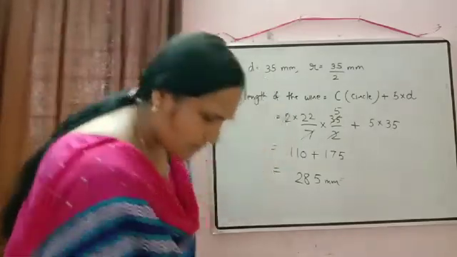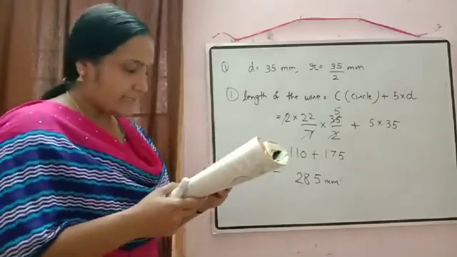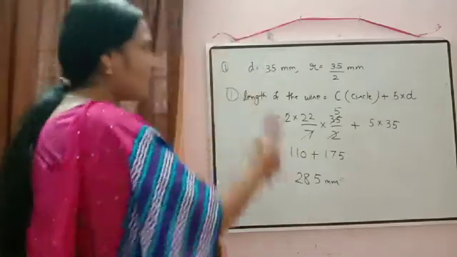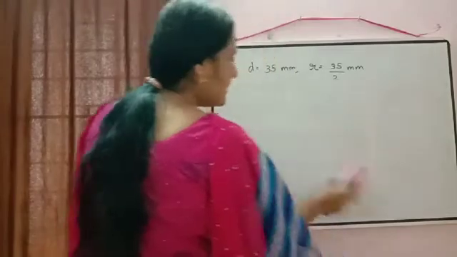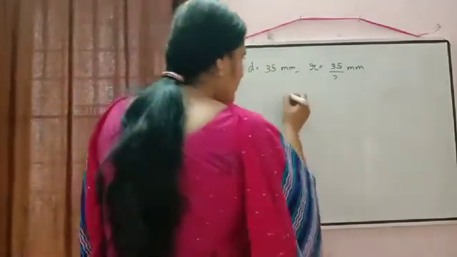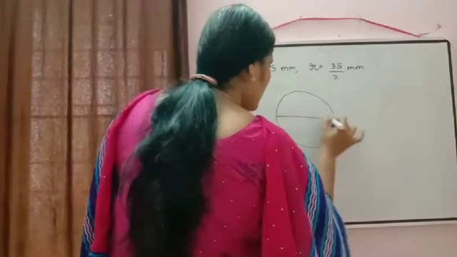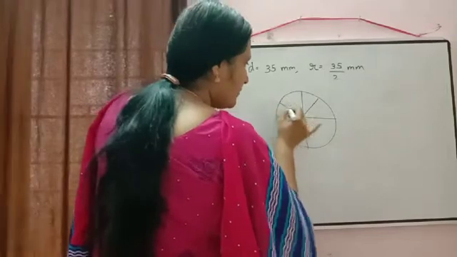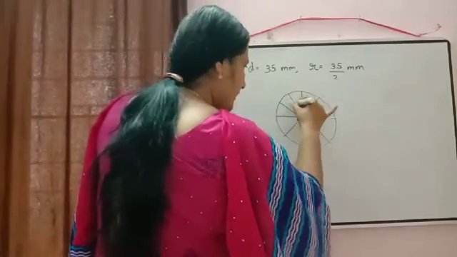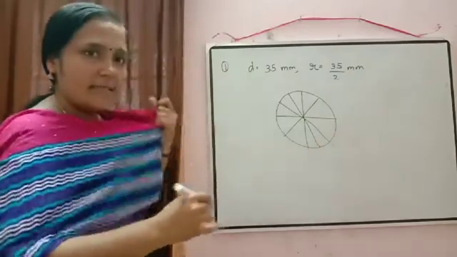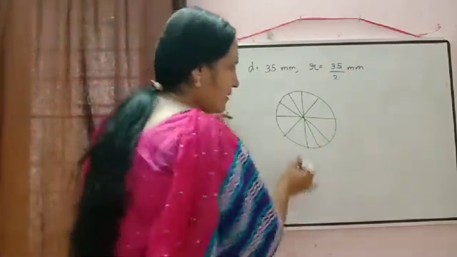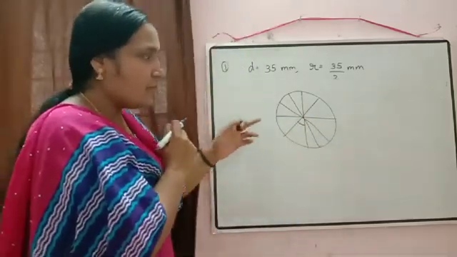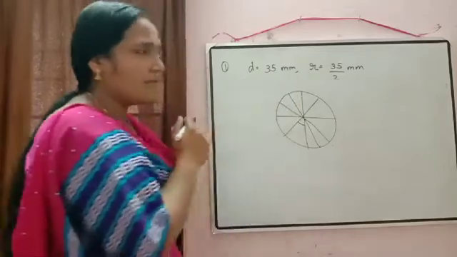Okay. In this only, the second part is asked, find the area of each sector of the brooch. So the diagram, I am drawing a rough diagram there. Area of each sector we have to calculate there. So here your diagram is there in this way. 1, 2, 3, 4, 5. In this way 5 diameters are there, and it is asked to find the area of each sector. So first, if suppose I am calculating the area of this sector, I should know radius. Already we know radius is 35 by 2.